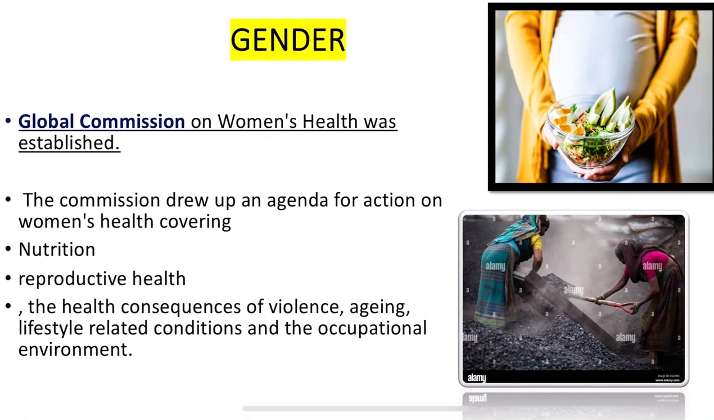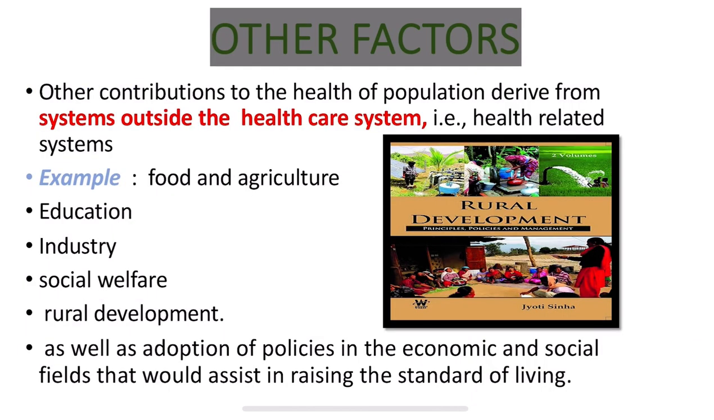I hope the gender is clear. Under gender, you have to remember that the Global Commission was established. Then they laid up an agenda. That agenda was covering the nutrition, the reproductive health, as well as the consequences because of violence, aging, lifestyle, and occupational exposure. Moving on to the last slide, that is the other factors which are influencing the health of the